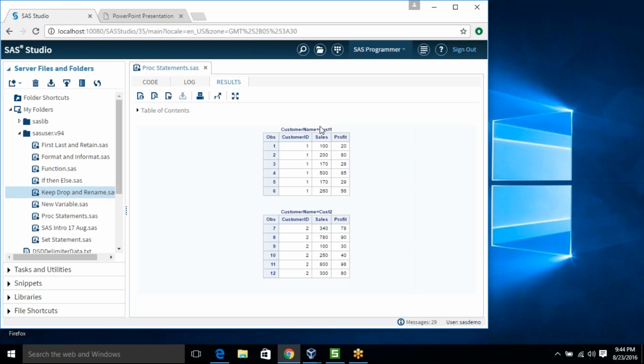So this is the data of customer 1 and this is the data of the customer 2. The same thing, but for two customers, because I use the customer name in by statement.